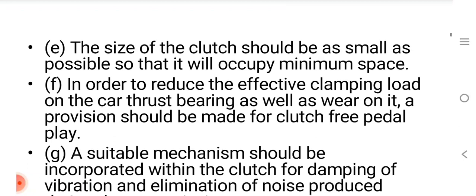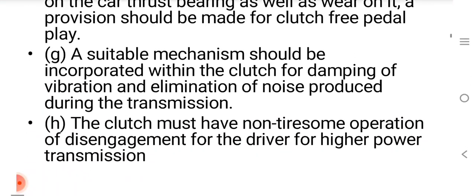The size of the clutch should be as small as possible so that it occupies minimum space. In order to reduce the effective clamping load on the thrust bearing as well as wear on it, provision should be made for clutch free pedal play. A suitable mechanism should be incorporated within the clutch for damping vibration and eliminating noise produced during transmission. The clutch must have